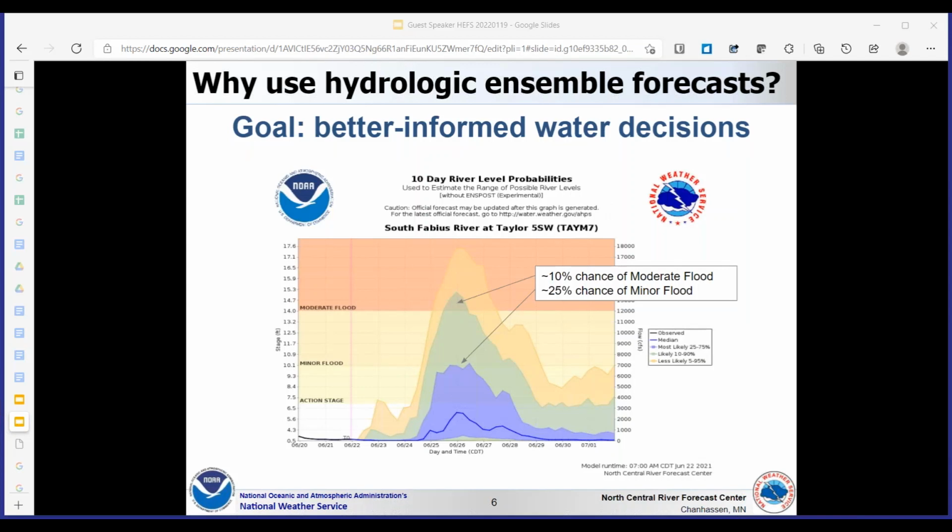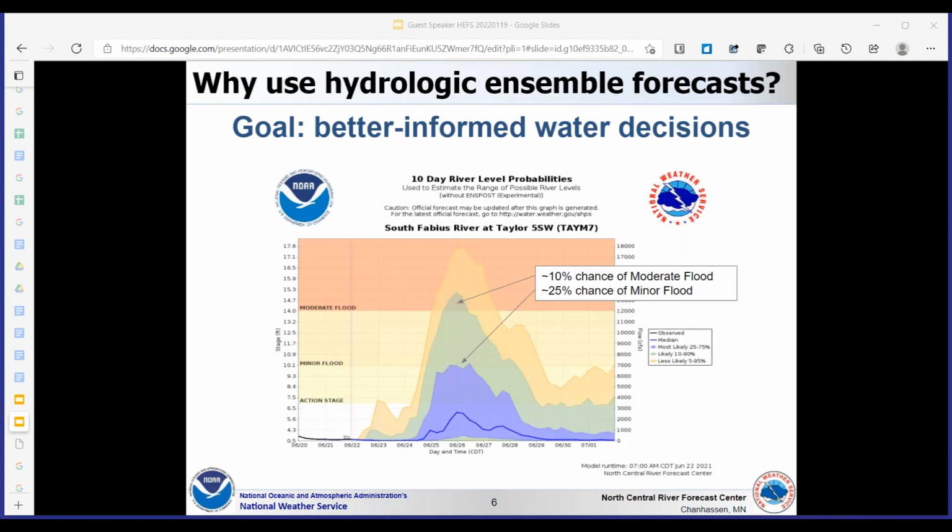Ultimately, the goal of ensemble forecasting is to support better decisions about water resources by end users. A single valued forecast does not explicitly provide information about the range of possible outcomes and their probabilities. Therefore, the interpretation of a single valued forecast involves a large degree of subjectivity. In contrast, an ensemble forecast provides an explicit assessment of the probability that a particular river stage might occur.